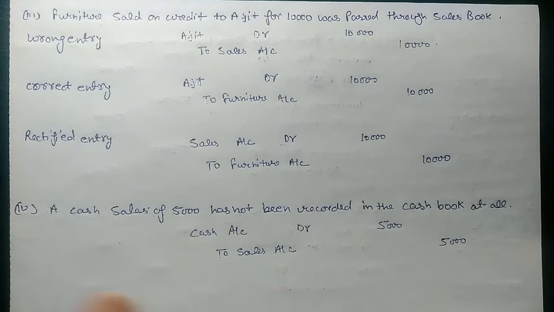So we will post directly in this. We do not have to make three forms, that is wrong entry, correct entry and rectified entry, because we do not have any wrong entry posted. What we did, we forgot to post any entry. So in this we will post the entry directly. These are the two-sided errors in which we tried to rectify by making three entries, that is wrong, correct and rectified entry. But in later questions you have to make only a single entry, that is the rectified entry. This is only for practice, to let you know how to rectify the entry and how to find the mistake that you have made.